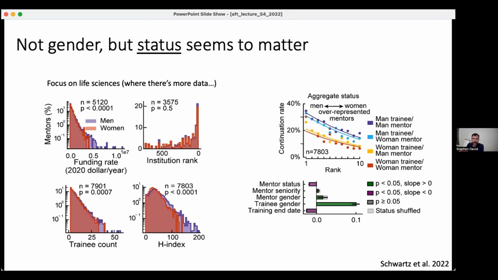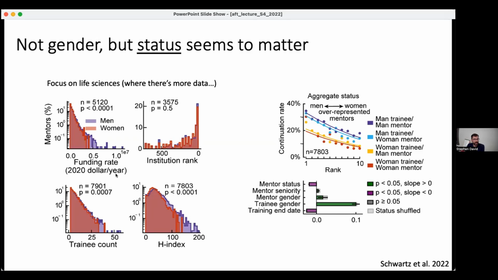And I think to highlight why this multifaceted representation of these types of relationships is really valuable, what we concluded in our study is that it's not really the gender that matters, right? It's not anything special about women mentors. But rather, women mentors in general tend to not be as successful or have as high status as men in their fields. And what do I mean by that? Well, if we look at these various measures of success, for instance funding rate, the rank of the institution where someone is working, the number of trainees that they have, or H-index, the impact of their publications,